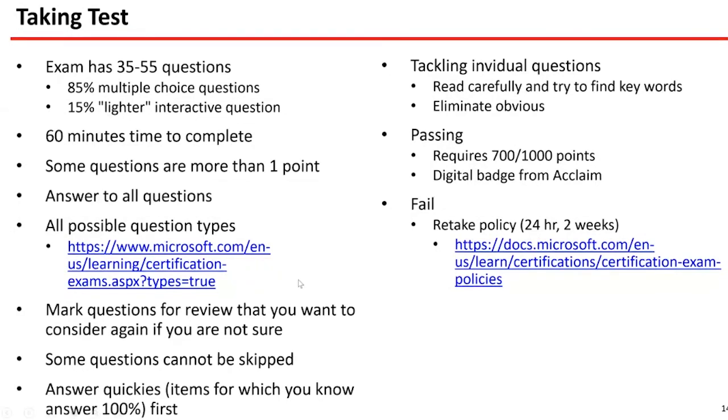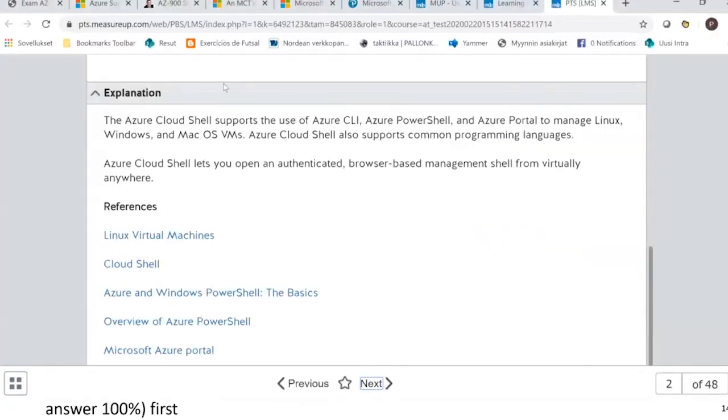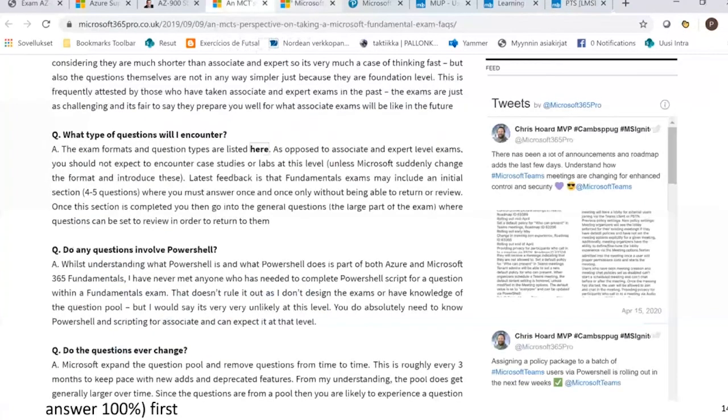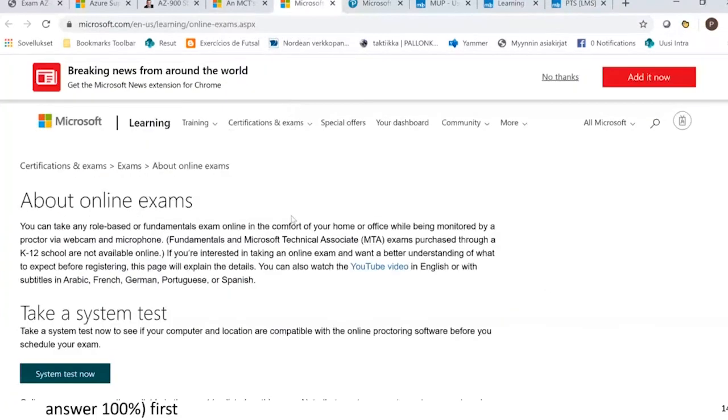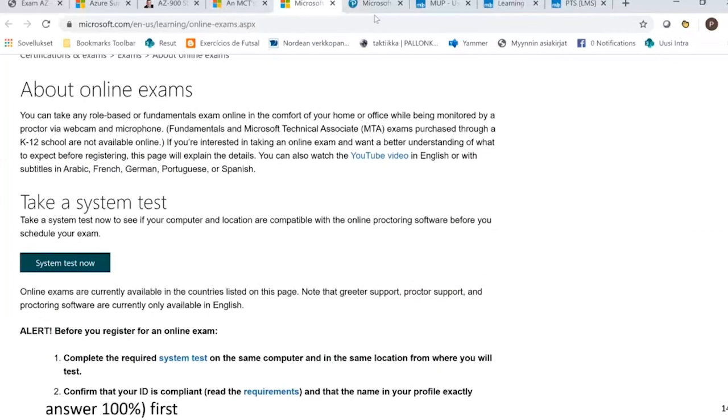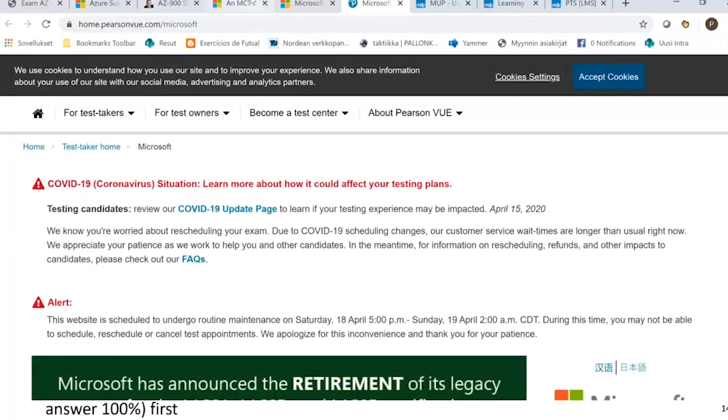There was one question already about the possible question types. Microsoft, of course, has a really fantastic page about the question types, but where did I put it?